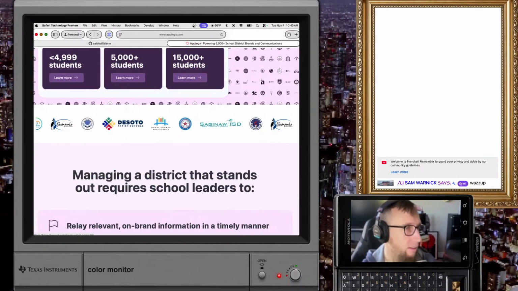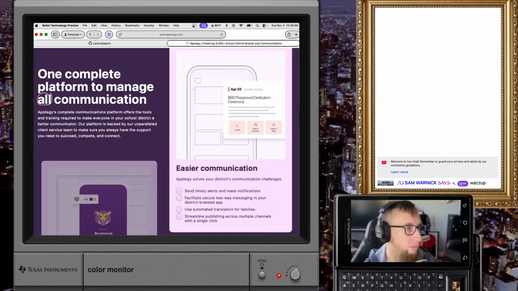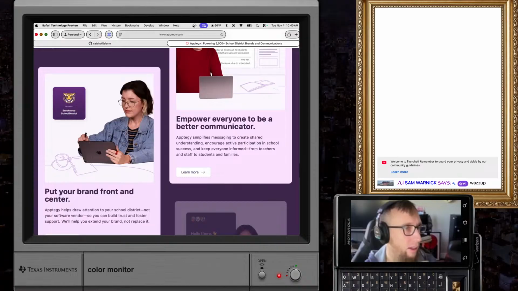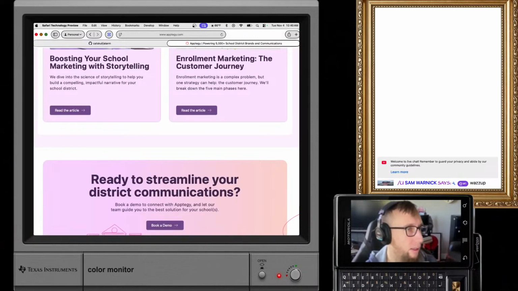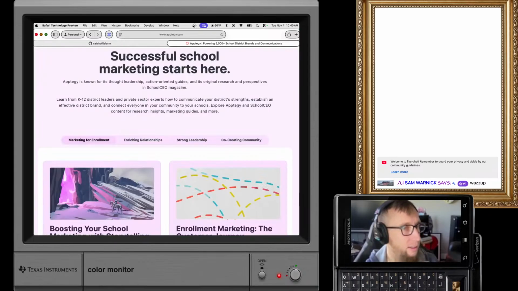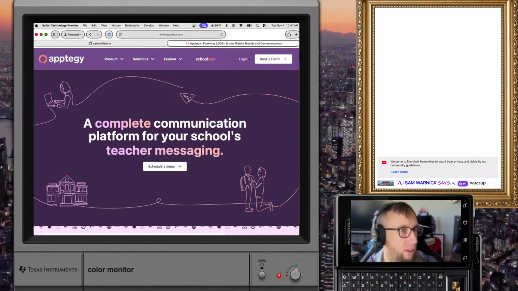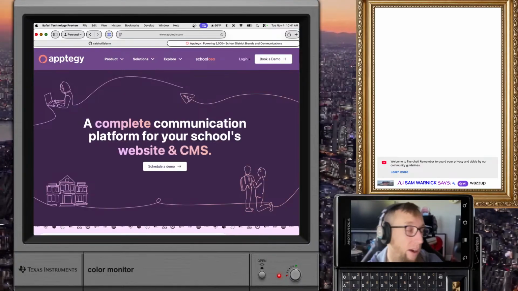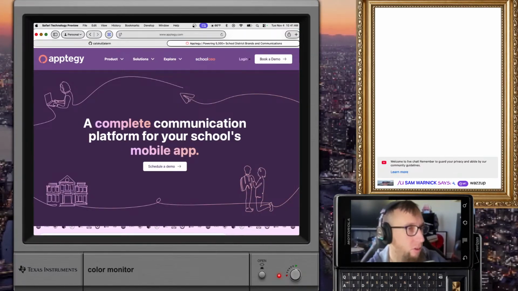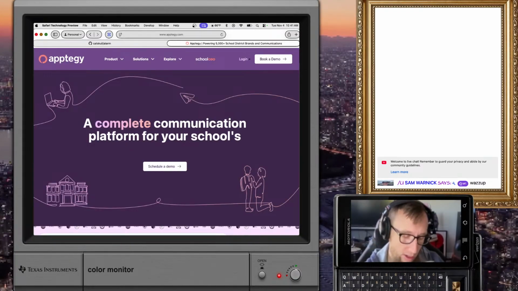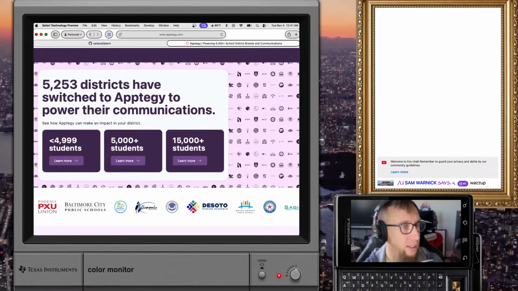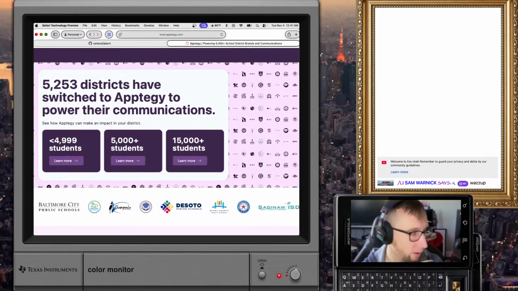Basically, it lets them send out texts and have all this stuff about AI. But it sounds like what the school does is they go in here and send a text out to all the teachers and maybe the students and maybe the students' parents, like locked down, initiated, or whatever. So initially, I think we thought it was going to be an email.